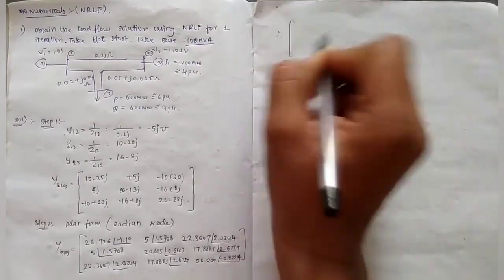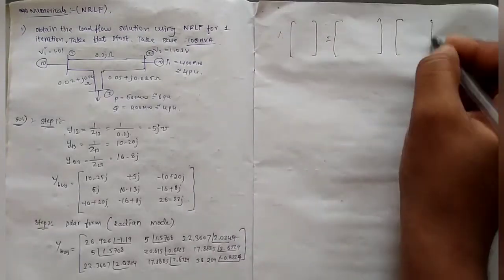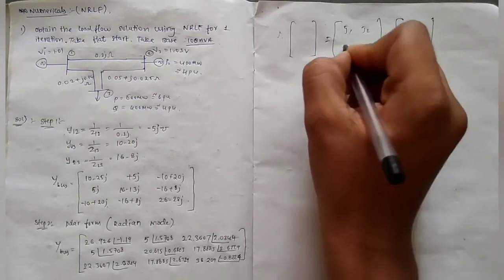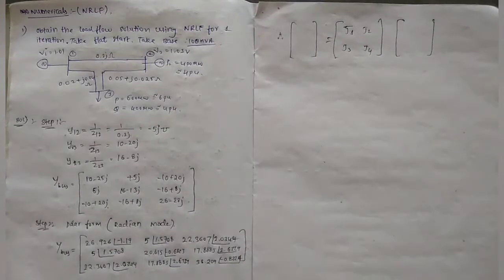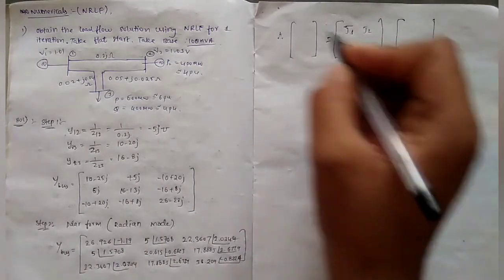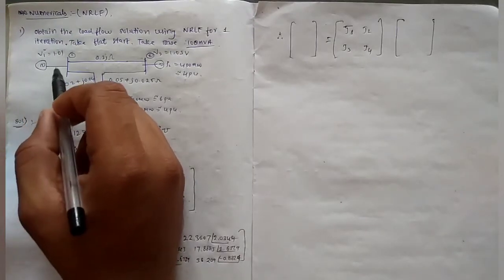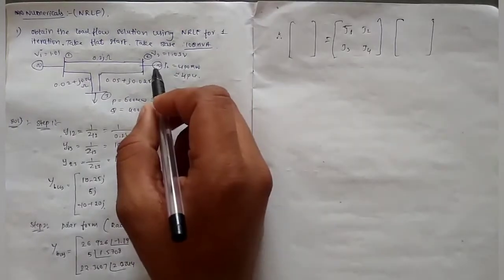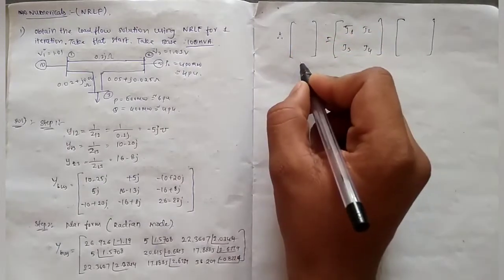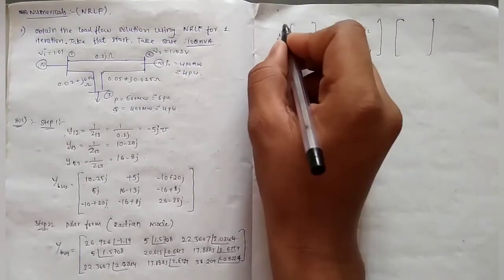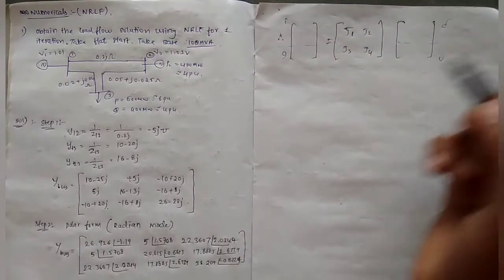Therefore, the known matrix is equal to the Jacobian matrix into the unknown matrix, J1, J2, J3, J4. Now we need to write the final matrix. For the slack bus, P1 and Q1, we don't want to find these values. Coming to bus 2, we need to find P2 and Q2 and so on, the mismatches. These are the known mismatches. Therefore, the upper one is the P section. I already told, this is the Q section, this is the delta section, and this is the V section.